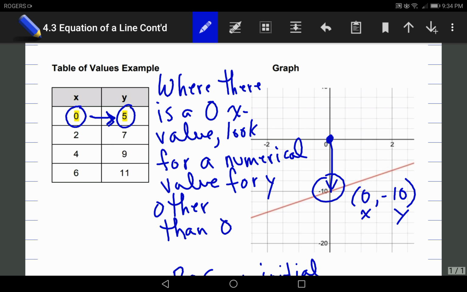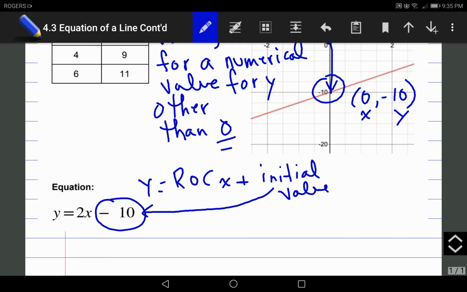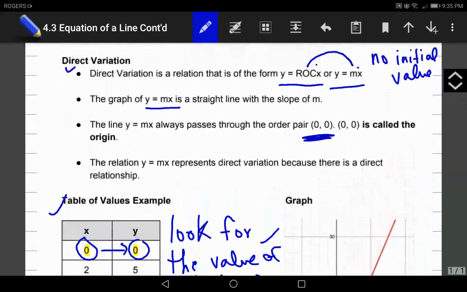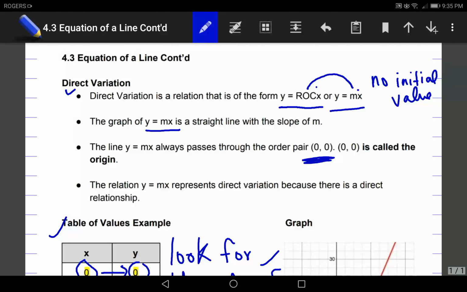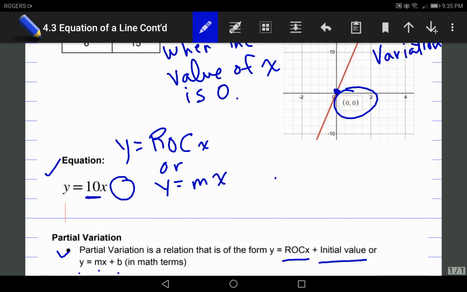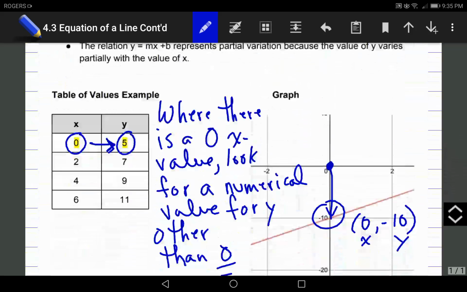Okay? So for direct variation, you're looking for 0, 0. For partial variation, you're looking for 0 and something other than 0. So 0, 5, 0, 1, 0, negative 5, 0, negative 10, and so on and so on. All right? So that concludes this lesson describing to you the difference between direct and partial variation. There's plenty of questions in the homework that deal with this. You now know what direct variation looks like in a table, in a graph, and as an equation. And you know what partial variation looks like in a table, graph,